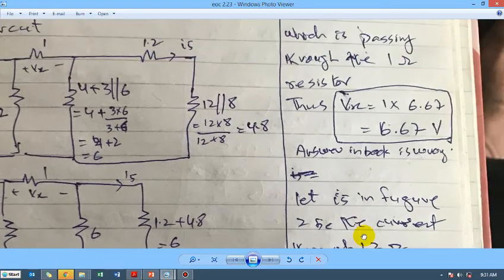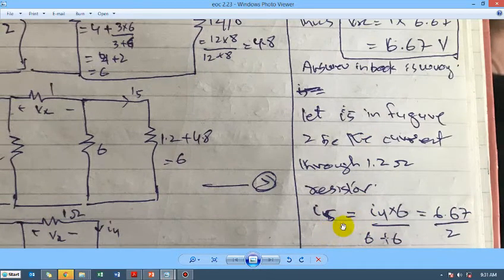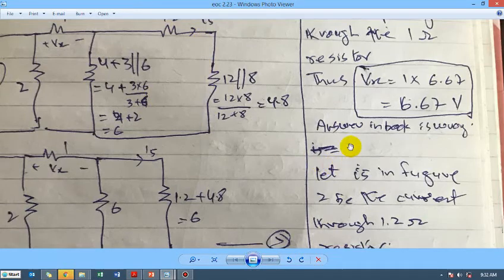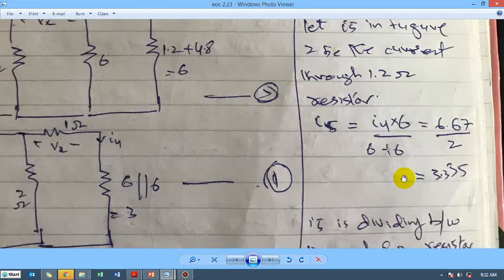So we just find out I5, that is 1.2 resistance, that I5 is equal to I4 multiplied with the 6 ohms resistance, that is this 6 ohm resistance, because whenever you apply CDR and you want to find out current through some particular branch, then the resistance value you use in the CDR formula is the other resistors, not exactly that resistor through which you want to find out the current. So that's why we have used the 6 ohms resistor to find out the current at this point, right? So it comes out to be I5 is equal to 3.335,